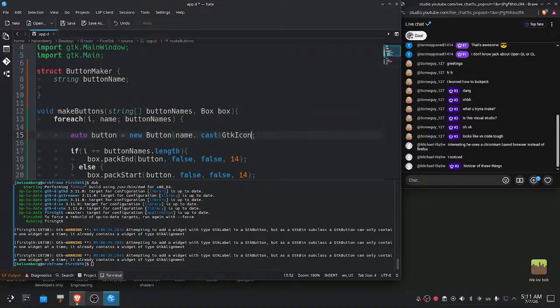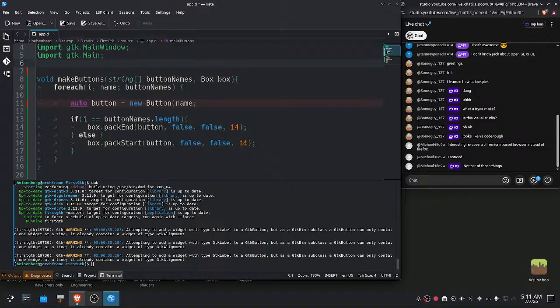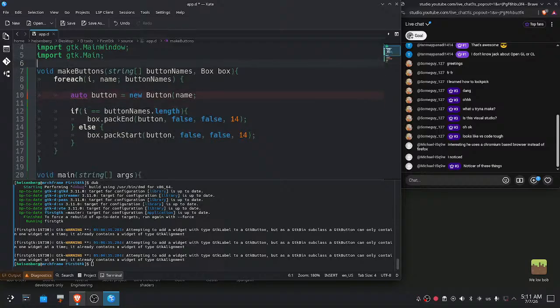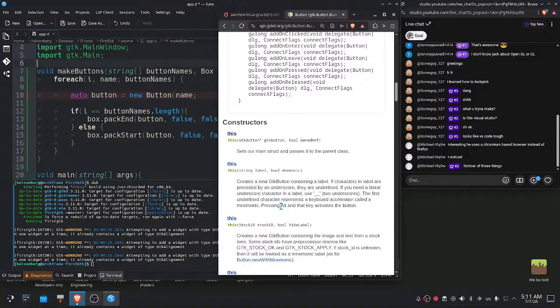Oh my god. So button name, and then we'll figure out the rest of that in a second. Actually, we can get rid of this whole struct idea. That's really irrelevant now. What if I just want to have labels on my things, bro? Label them. So bool mnemonic. The other one I was using was GTK button pointer, and